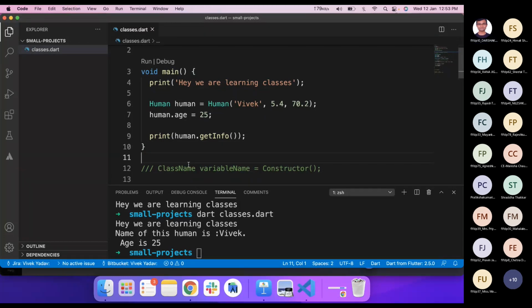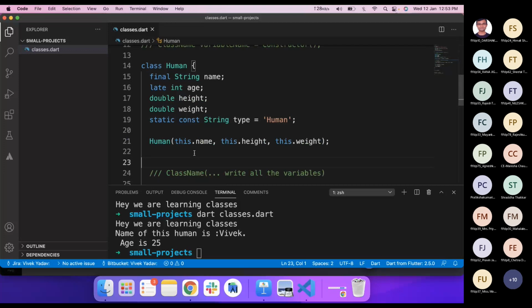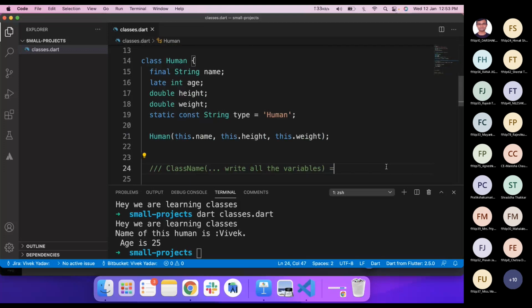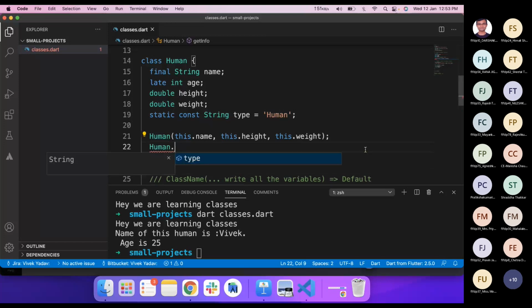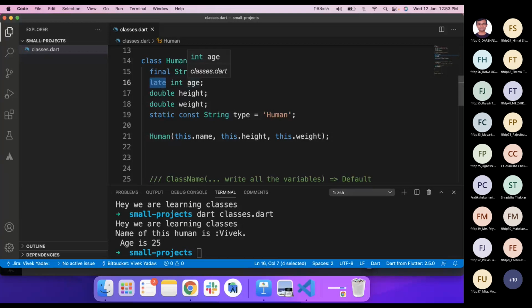Okay, so let's see what other types of constructor we have. This type of constructor is known as the default constructor. We can have some other type of constructor, like Human dot, where we can have optional values as well. So let's not make this age like this one. Let's do it like this, and here we can say that age could be optional. If you don't want to pass the age, that is perfectly fine, but how should we do that?